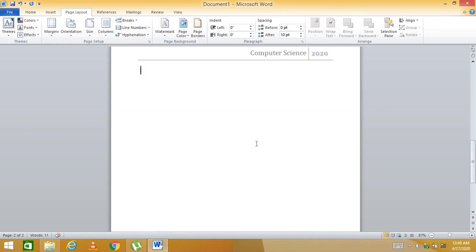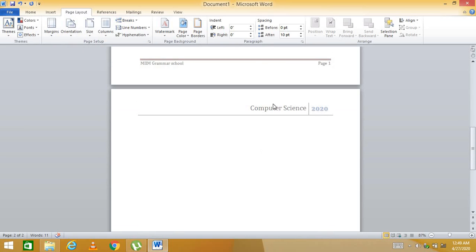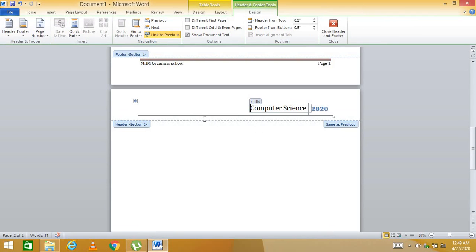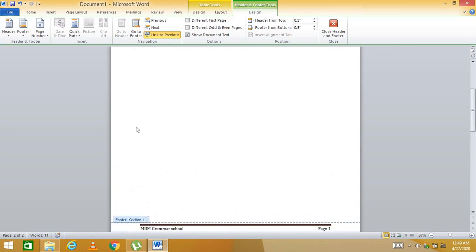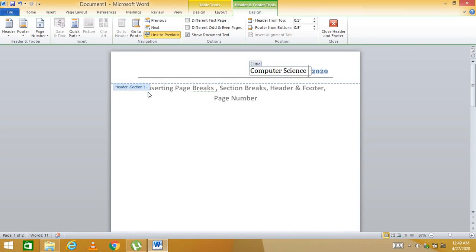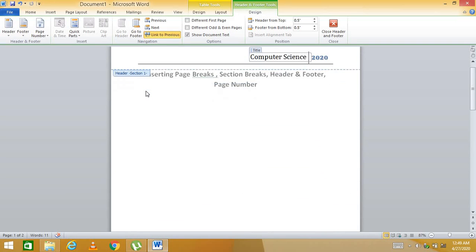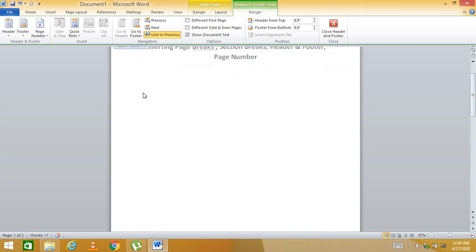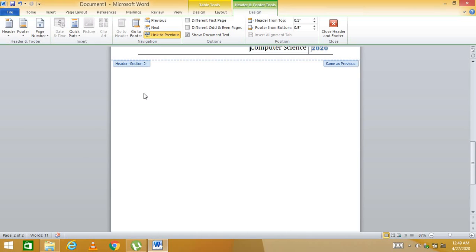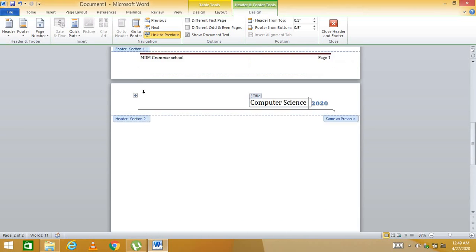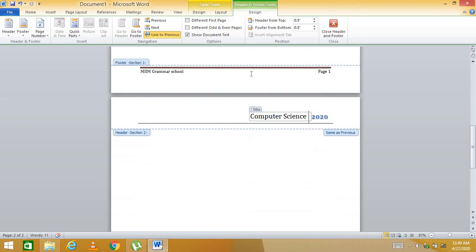You can see there is a page number 2. Now if I change, you can see this is the header of section 2. This is the header of section 1. Your page 1 is basically your section 1 and page 2 is your section 2. Now I will change the header of the section 2 as